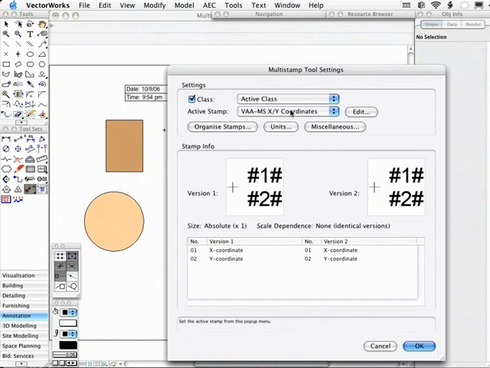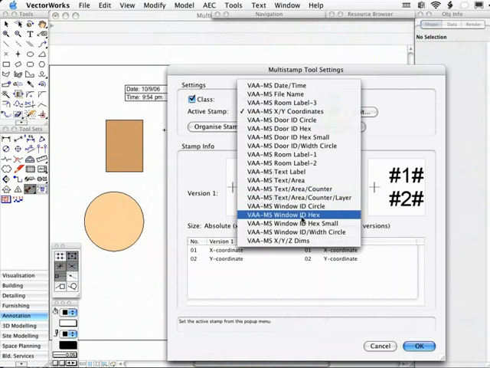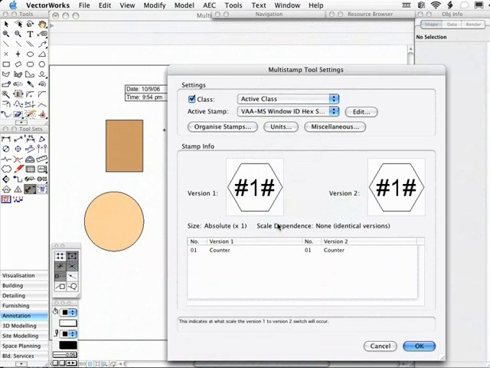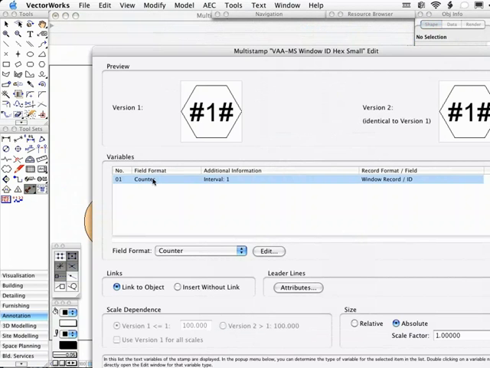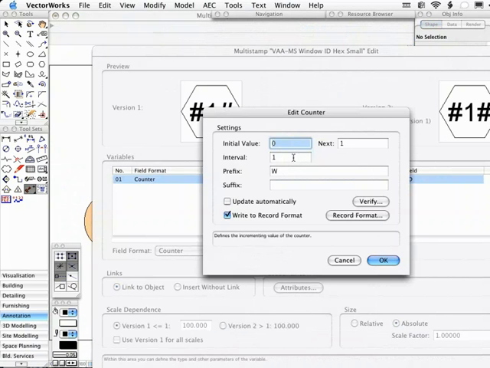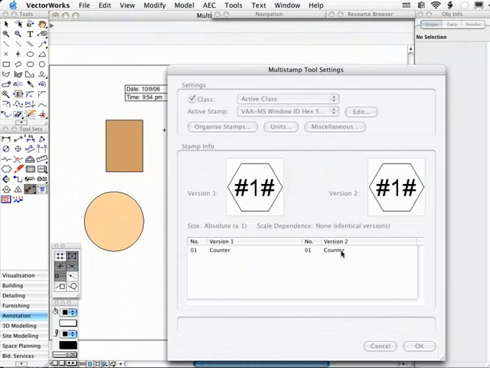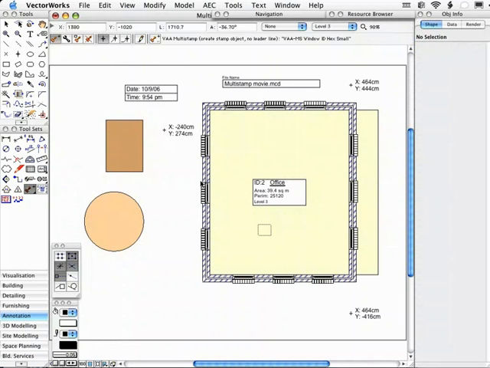We'll choose here, say the window with a small hexagon, and we might just want to have a quick look at this. We'll open the next dialog and we'll click on the counter and click edit and just check that it's going to start with number 1 with an interval of 1 and a prefix of 1. So I think that should all be okay, and again we'll need to have a leader line on here because we want to link this to, there we are, W1, W2,